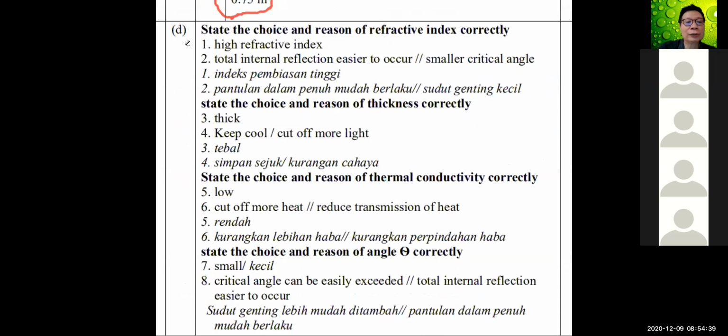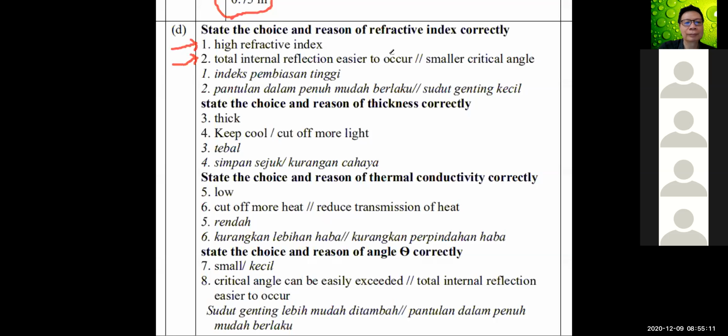Okay, the first one is you choose high refractive index. The reason is total internal reflection is easier to occur because of the smaller critical angle. Okay, so this is your suggestion. This is your reason. Refractive index big, the critical angle C becomes smaller, so total internal reflection is easy to